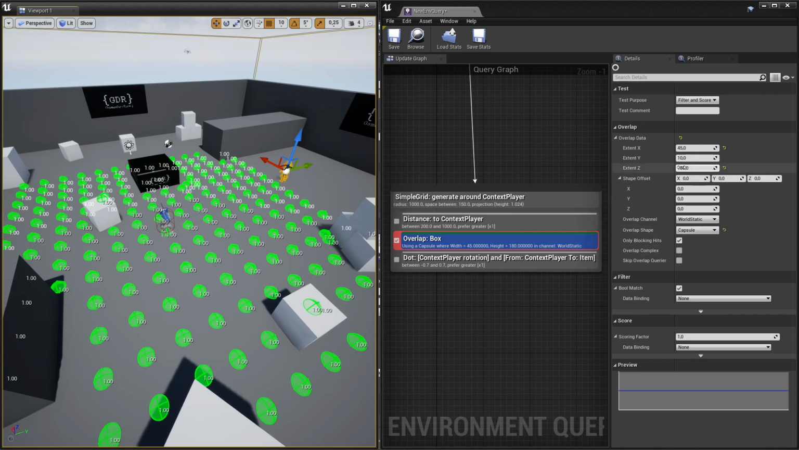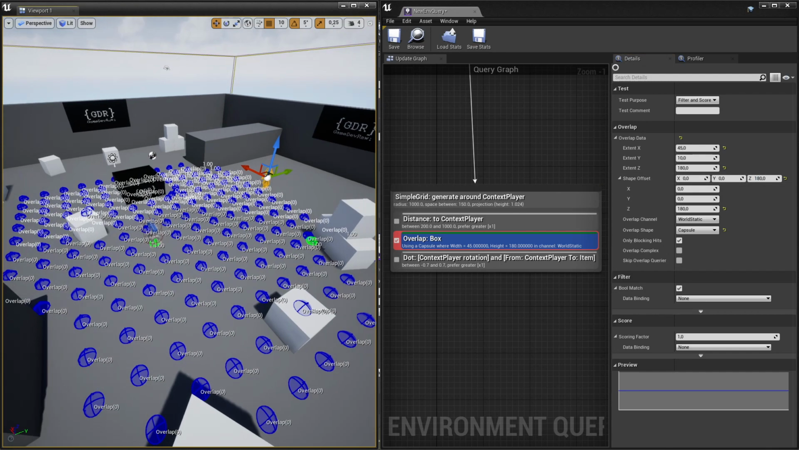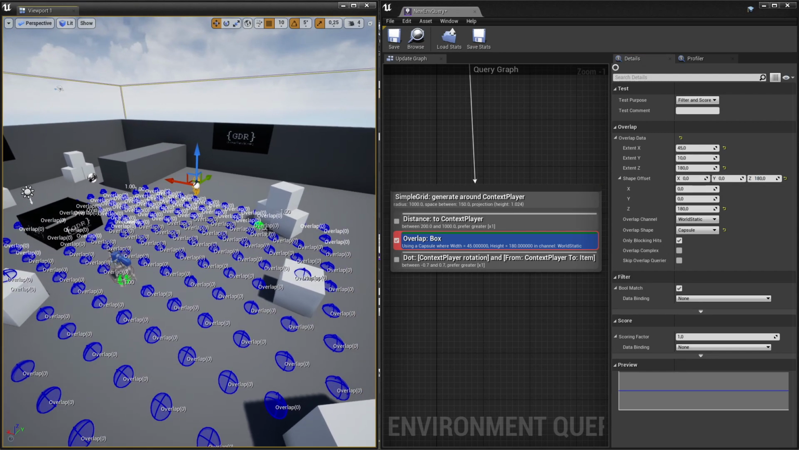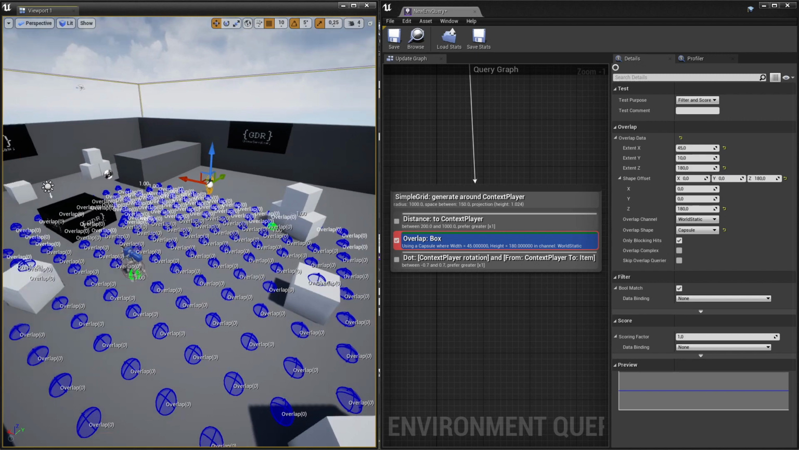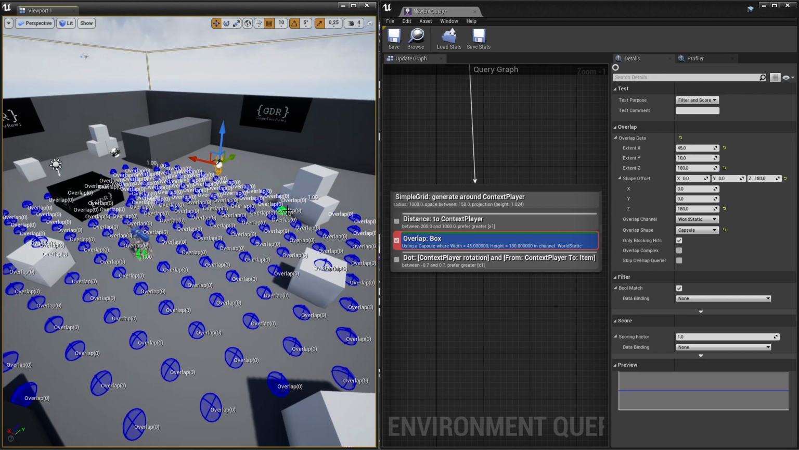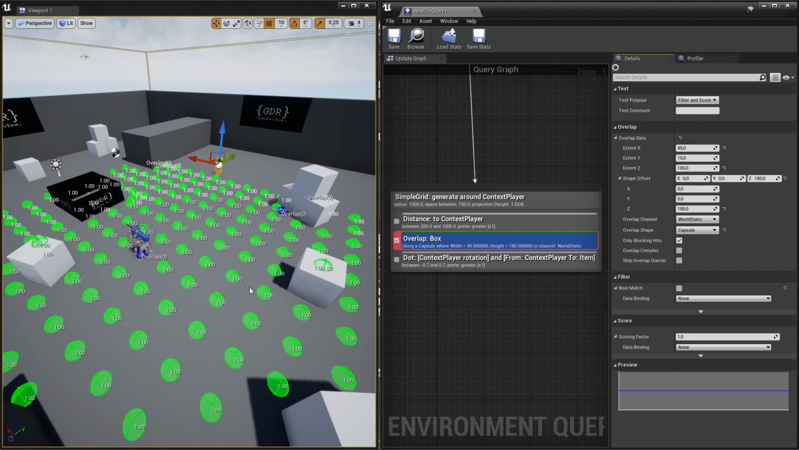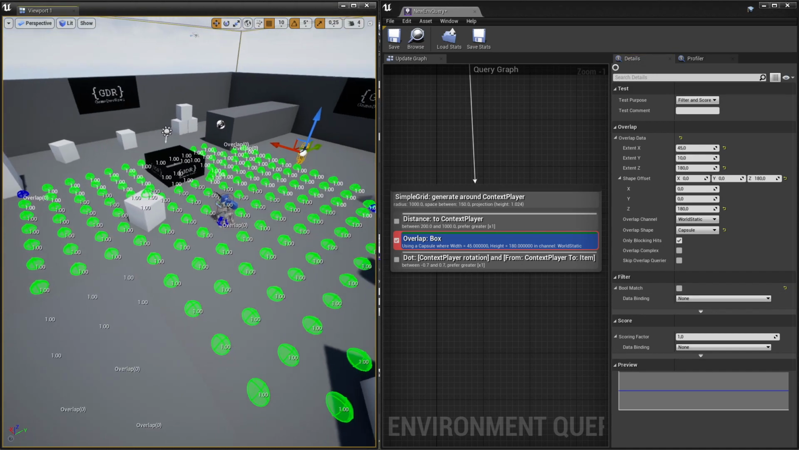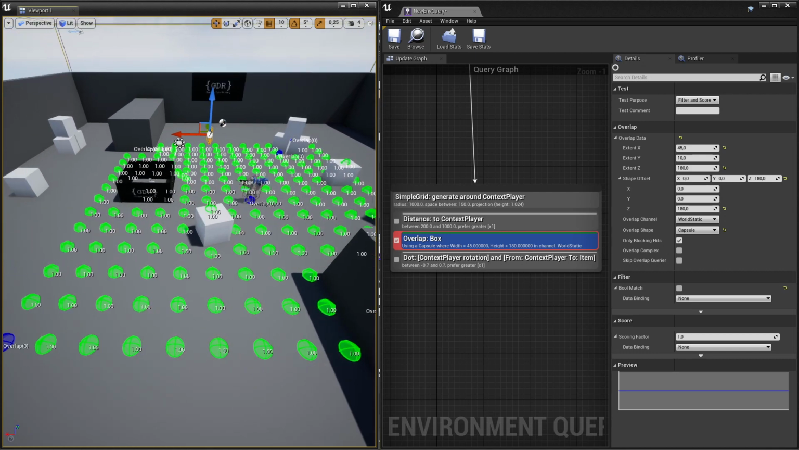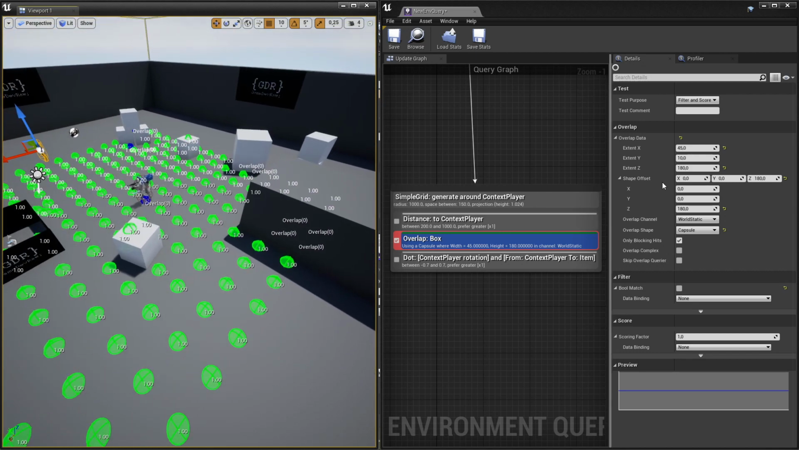Now that's because we have a height of 180, so they are colliding with the ground, so we need to raise them up. And now you can see only the ones that are still colliding with actual geometry, those are scored 1. So if we want the points that are not colliding with geometry, we want the trace to return false. So we want the bool match to be false. So select that over here. And now we are left with all of the points that are not colliding with any geometry